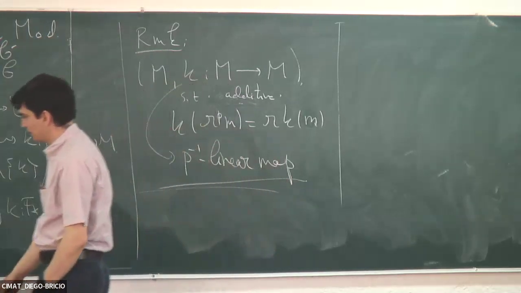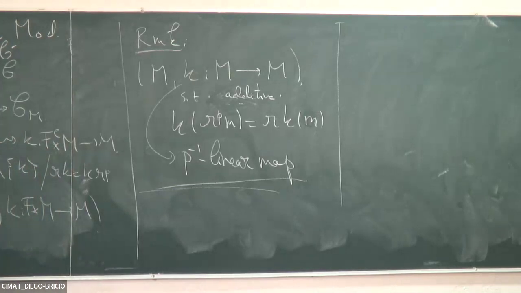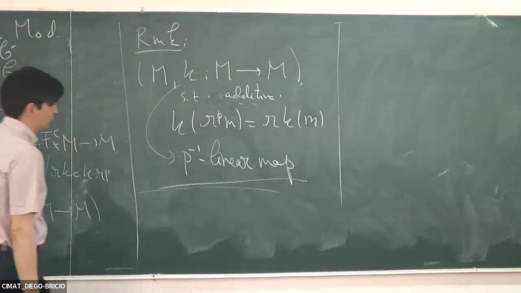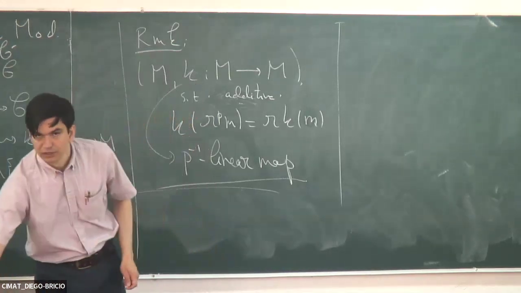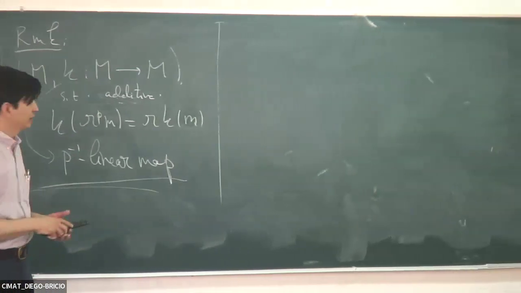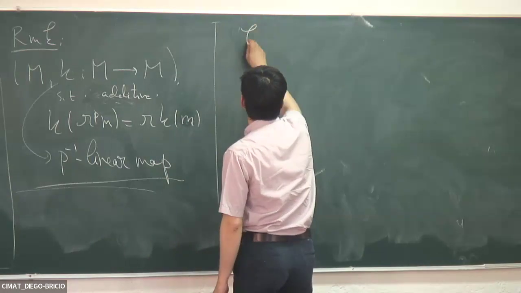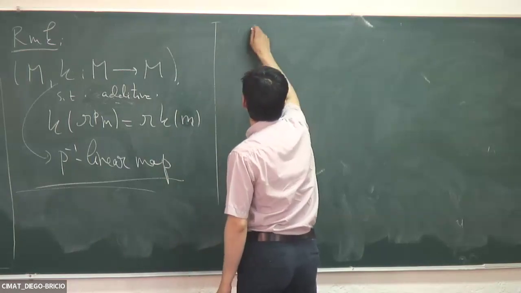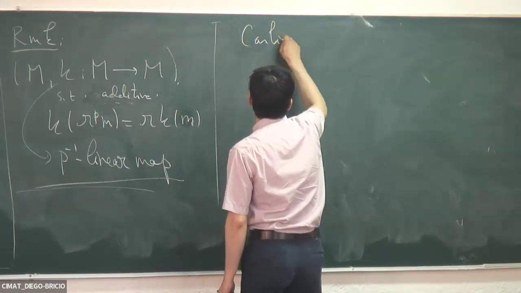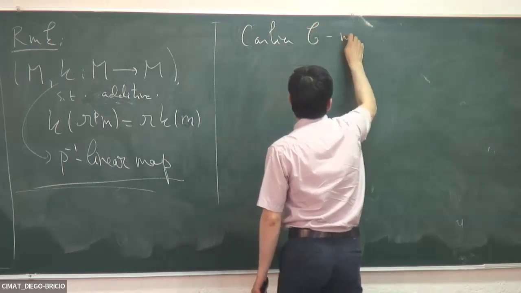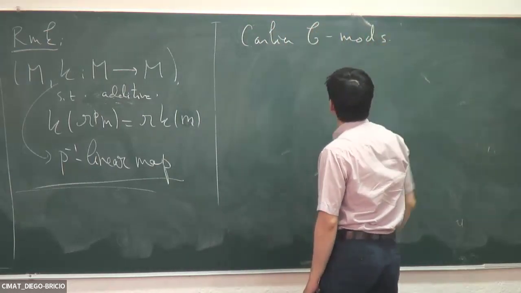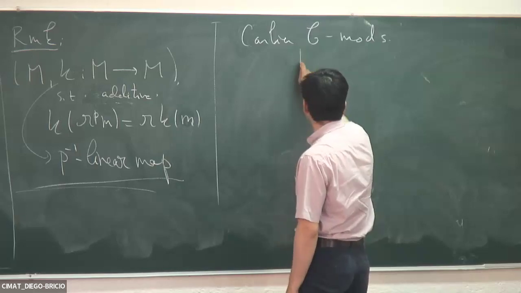So the first thing we saw is that the category of Cartier modules, if we fix C, right, and maybe we look at Cartier C modules, the important ones